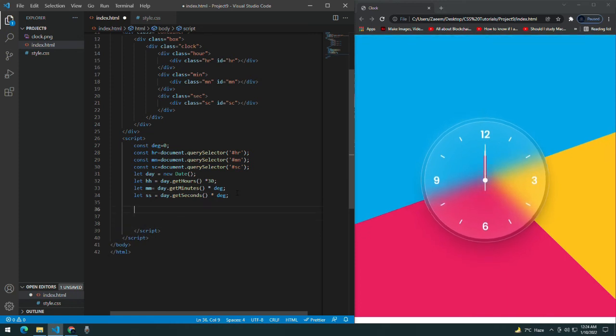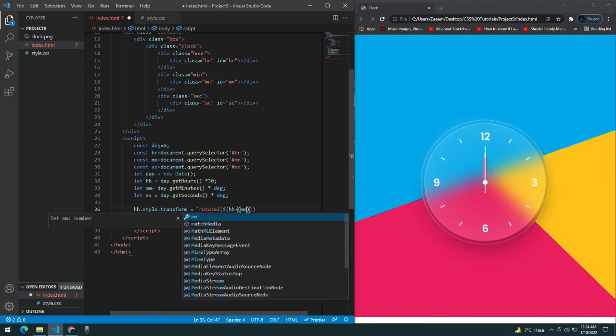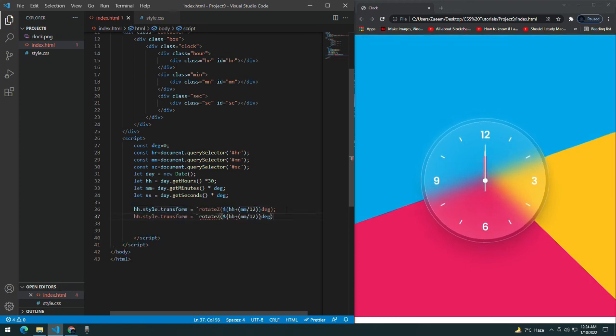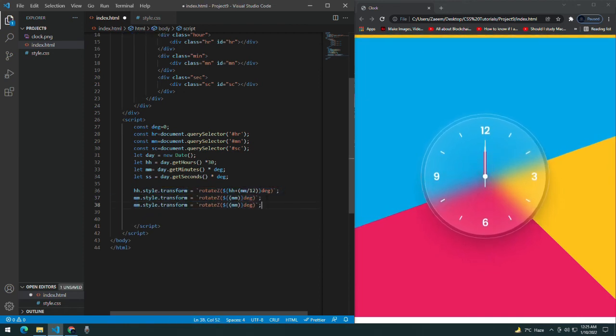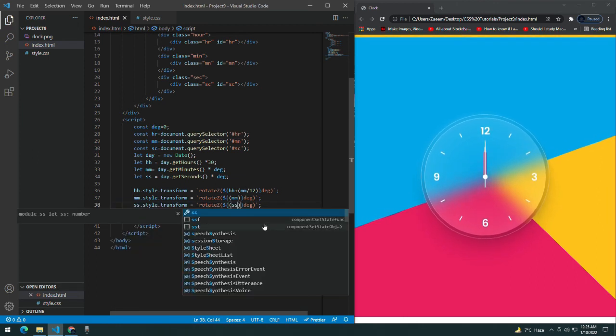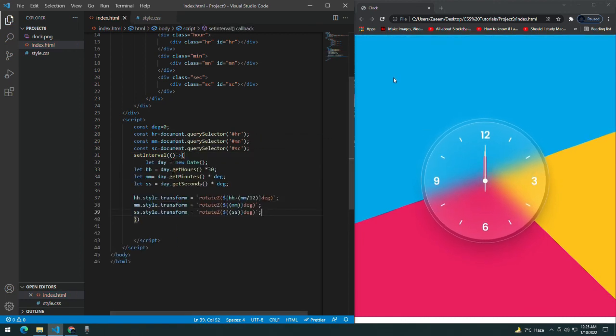Okay, now I will style it. HR, give it a style of transform, basically equal to rotateZ of $ sign and HH plus divided by 12, and give it a degree as well. Now copy it, paste it, give it... I forgot this. And in the minutes I don't need the hour, so I will remove it and just stay with the minutes. And now for the seconds, SS as well. Okay, now let's copy it and use the setInterval function, and inside the interval function,